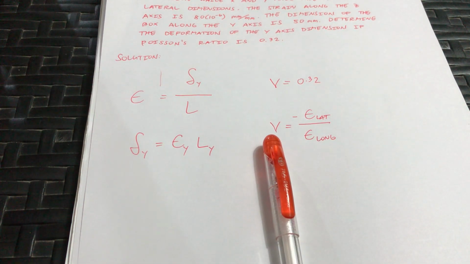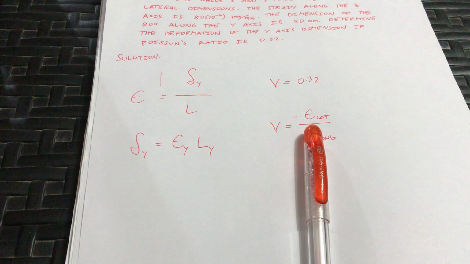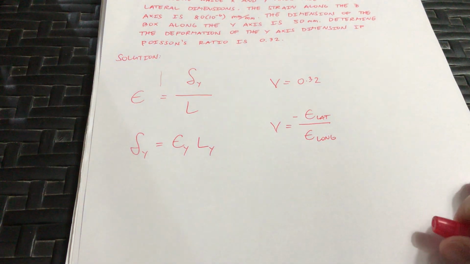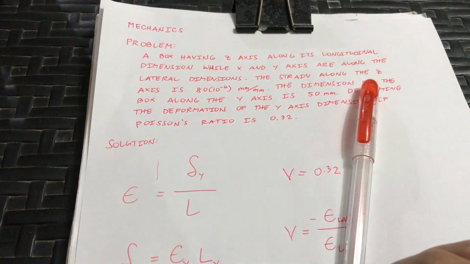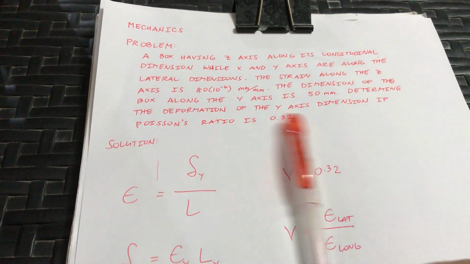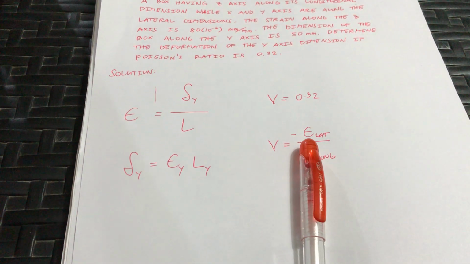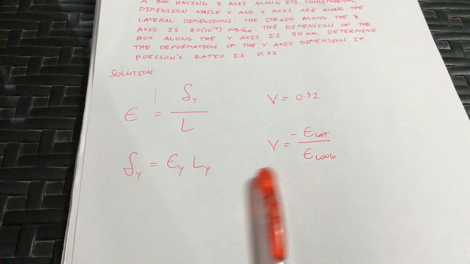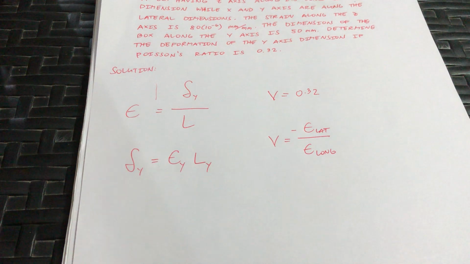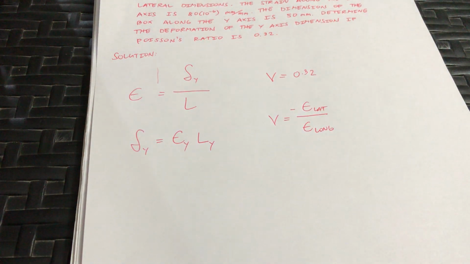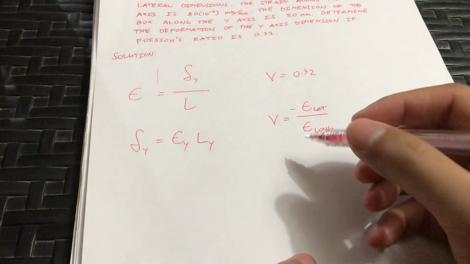We also have Poisson's ratio, so we'll be able to solve the lateral strain. But what is the lateral strain? X and y axis are along the lateral dimension. Therefore, the lateral strain here is the same lateral strain for our y-axis. Okay, so solving the lateral axis strain, we will be able to get